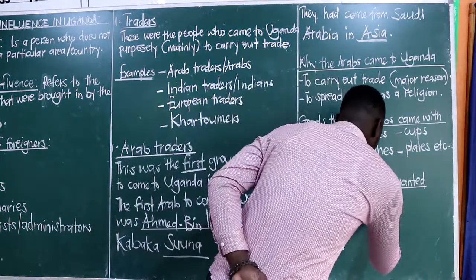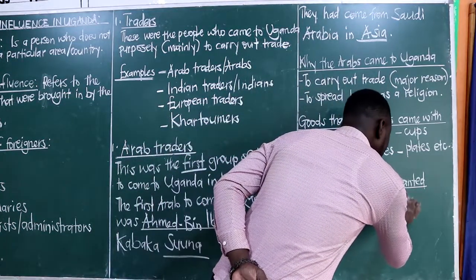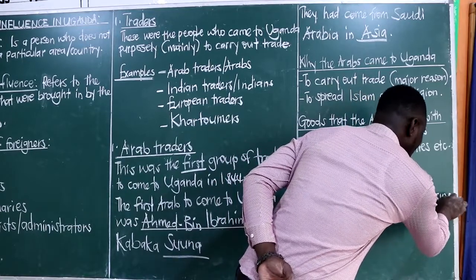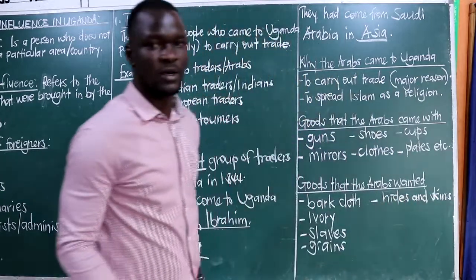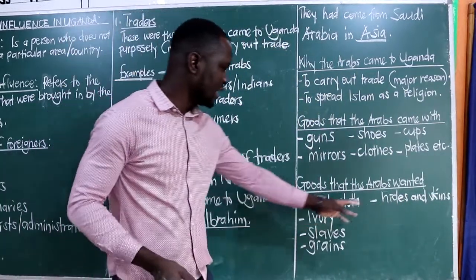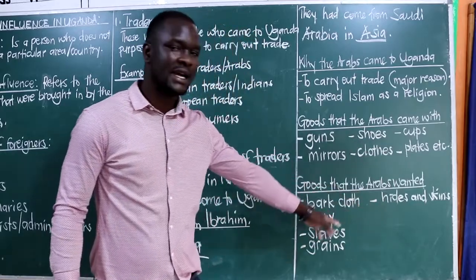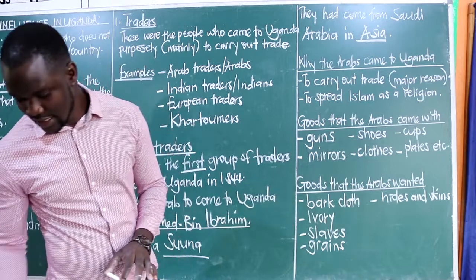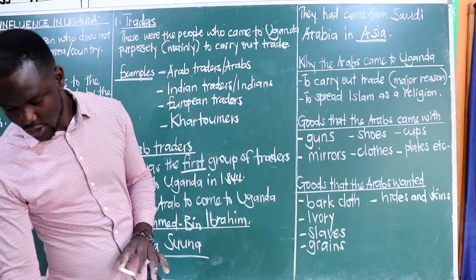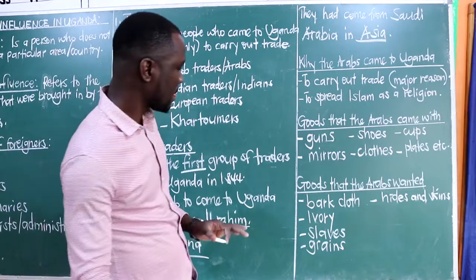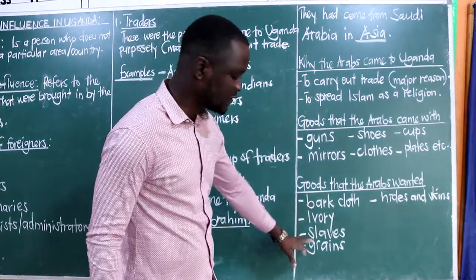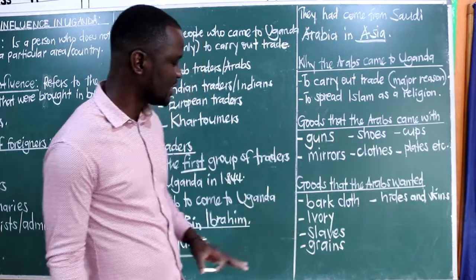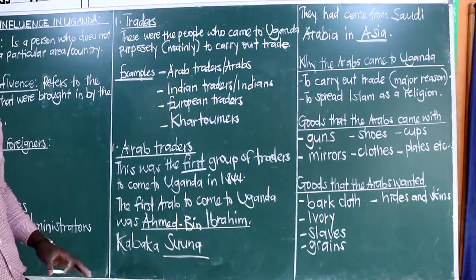And then also we had Arabs wanting grains, and we shall also be having here hides and skins. They also wanted hides and skins. Of course, these ones still were from the animals, and as a result, again, another increase in the death of animals in game parks because of the presence of Arabs in Uganda. So we need to note about that. Therefore, I want us to look at slave trade a little, as we have already mentioned it. We shall talk about slave trade, then we shall end that one there.